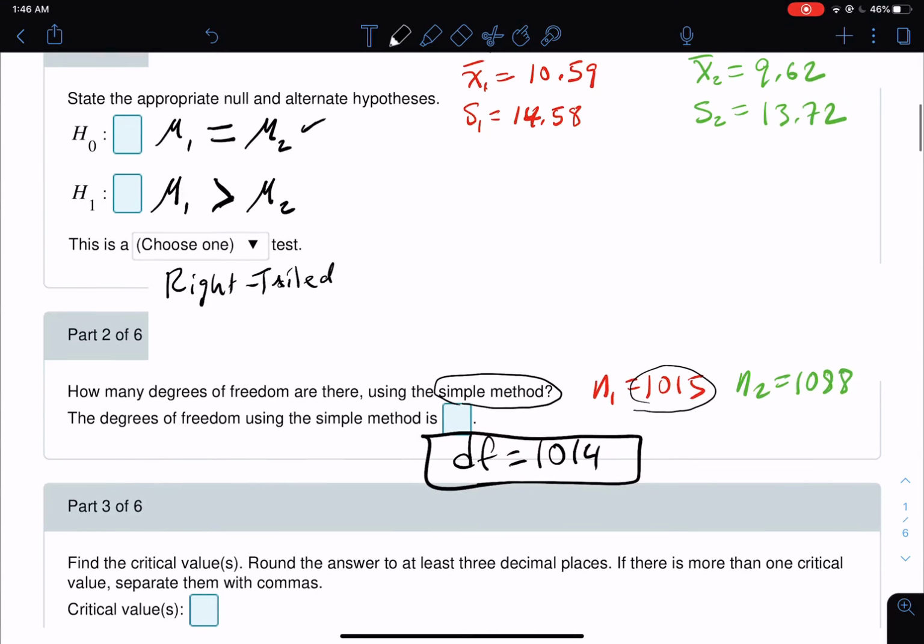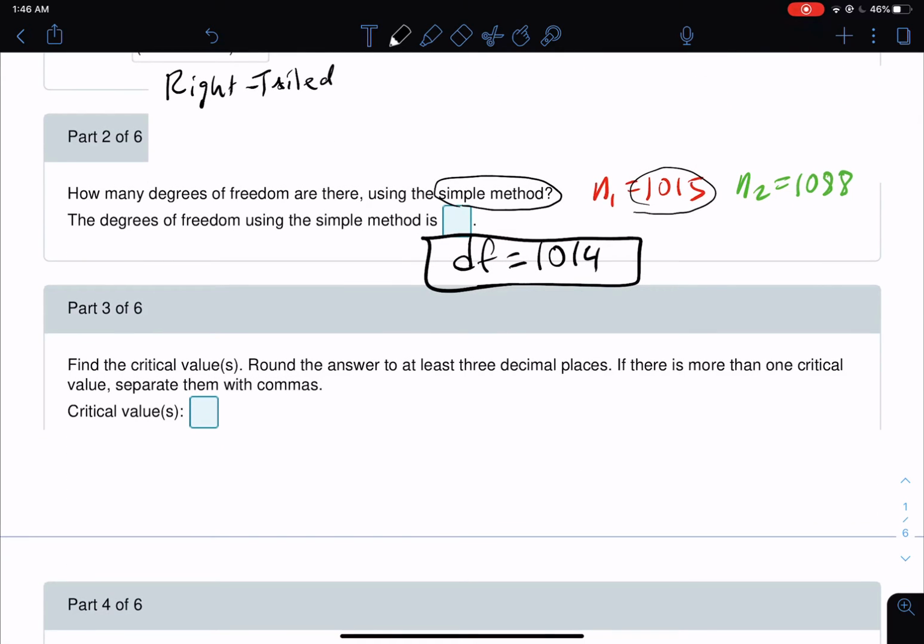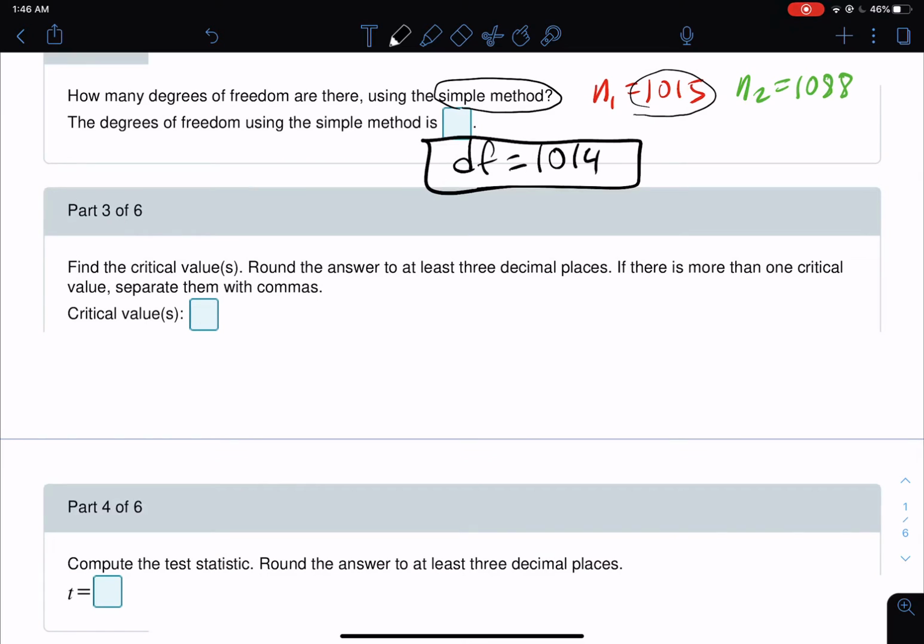Then we move on to the next step where it says find the critical values, round your answers to at least 3 decimals. There's more than one critical value. Then separate that with commas. Well, this is a right-tailed test, so I think a picture is going to be worth something here, so let's do that. So if I go ahead and take a look at my standard normal distribution, and remember, how do you know